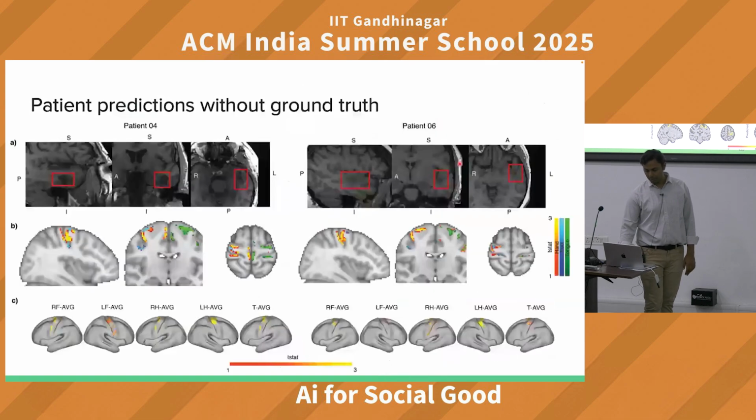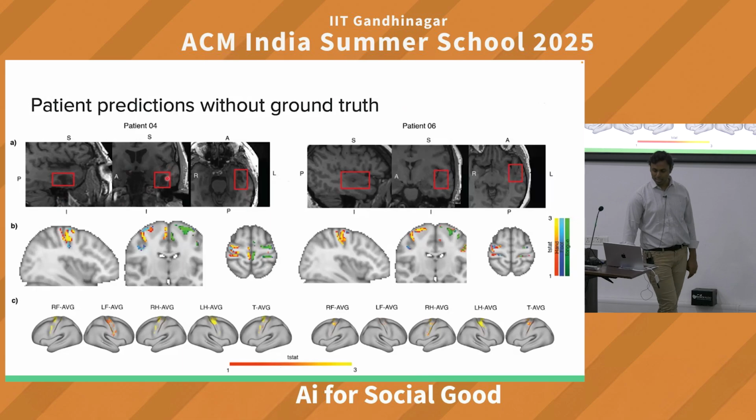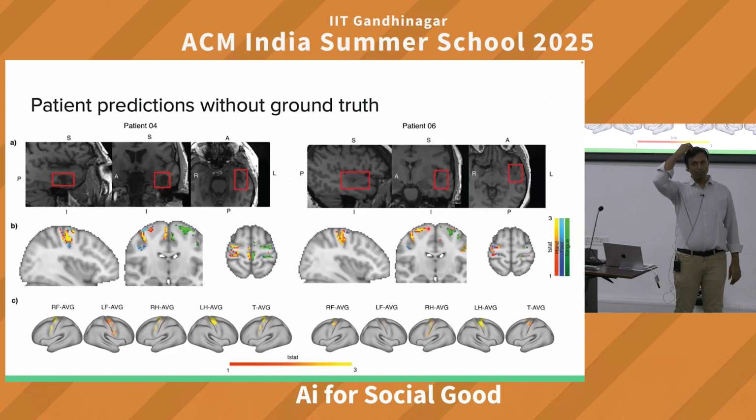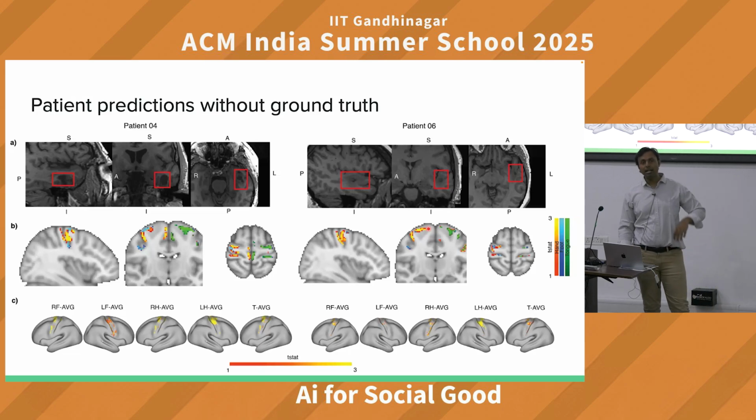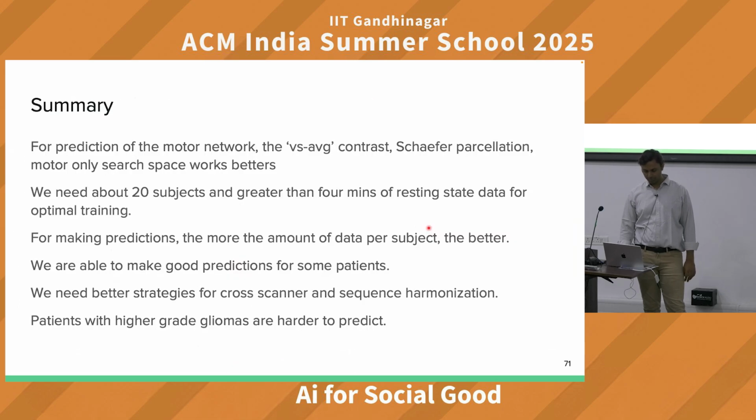So again, the interesting thing is कि if we don't have the ground truth, we can also make these predictions. So इस patient में यहाँ पे एक tumor है. ये देखो यहाँ पे हल्का काला काला है. And even in this patient, there's a small tumor here. In these patients जहाँ पे we don't have the ground truth, we can still make these very strong इंडिविजुअल स्पेसिफिक प्रेडिक्शन. आपका राइट हैंड आप मूव करते हो तो यहाँ पे होगा आपके लिए, किसी और के लिए यहाँ पे होगा. ठीक है, the other side. But so we were able to make these very individual specific predictions, and that we are hoping can help the neurosurgeon make informed decisions. ठीक है.